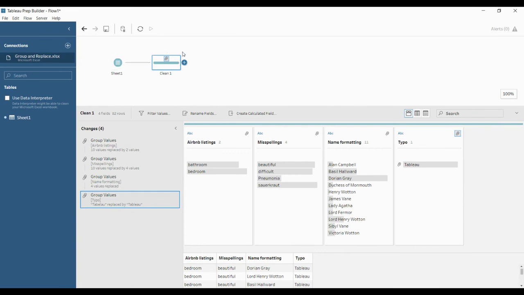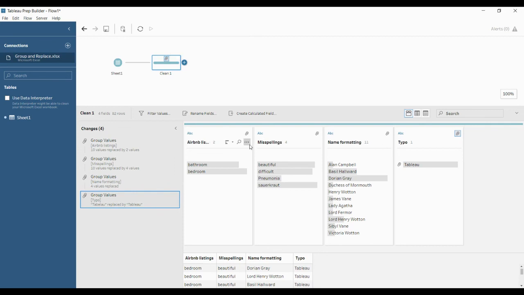It shows in which step you made the changes, that is, the clean step. If you hover over the pin, it will show you the fields we have changed.